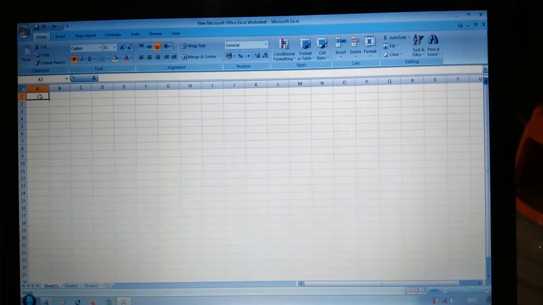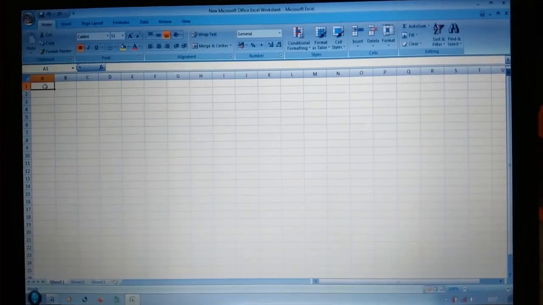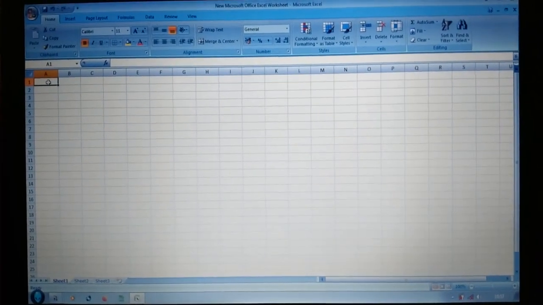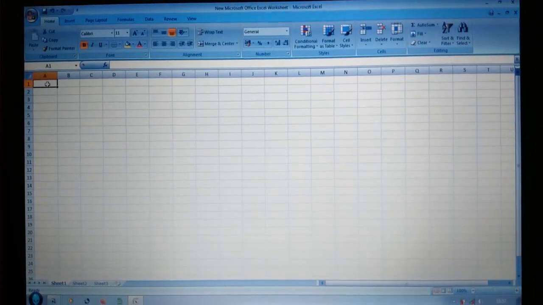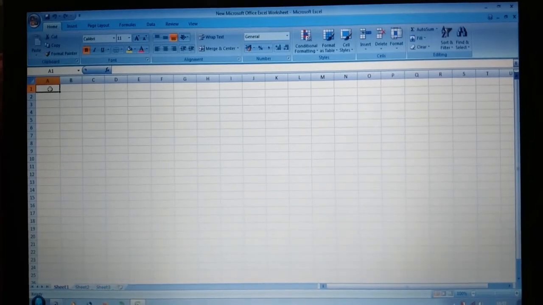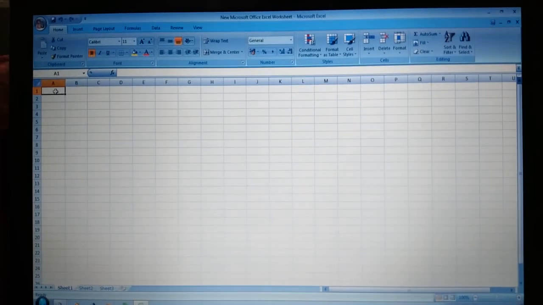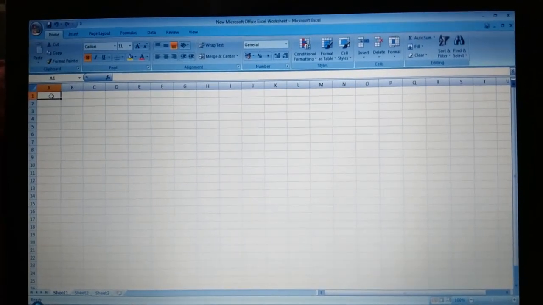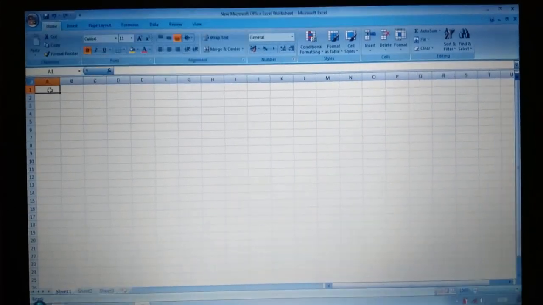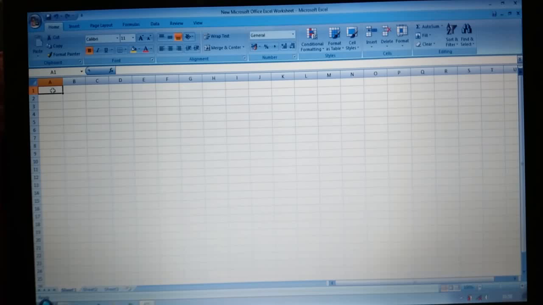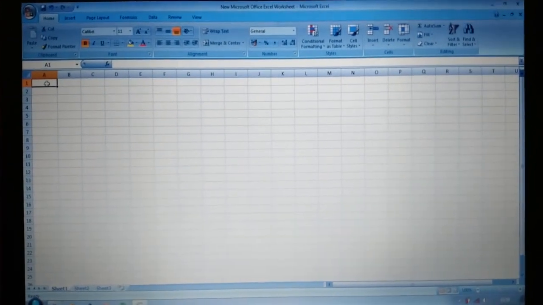As you know, for every output we need some input. To calculate the percentage of a student we need some inputs, that is the secured mark of the student and the full mark of the student. And to identify each student we need some other inputs like the name of the student and the roll number of the student.